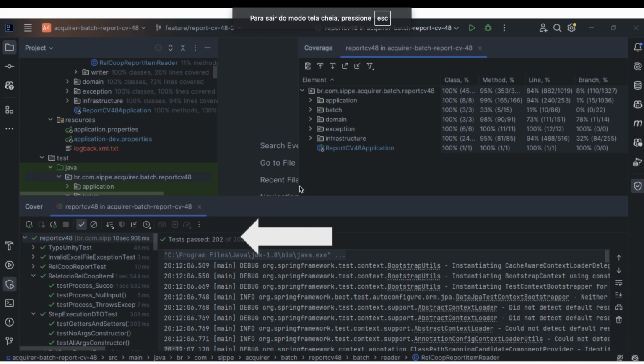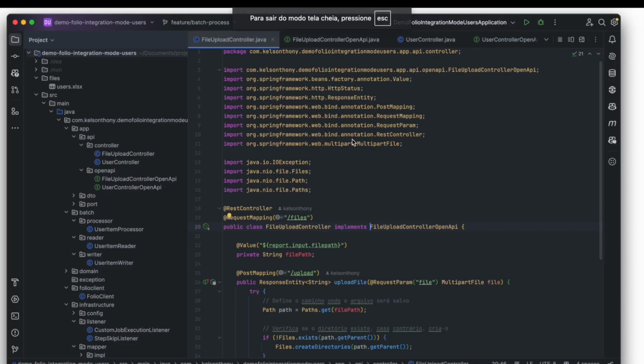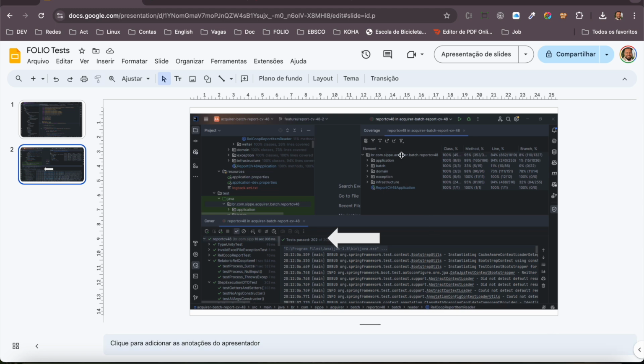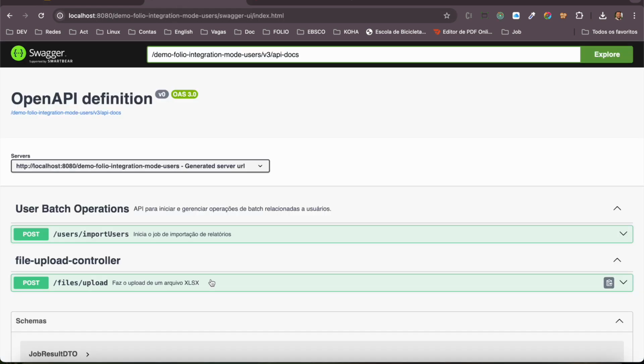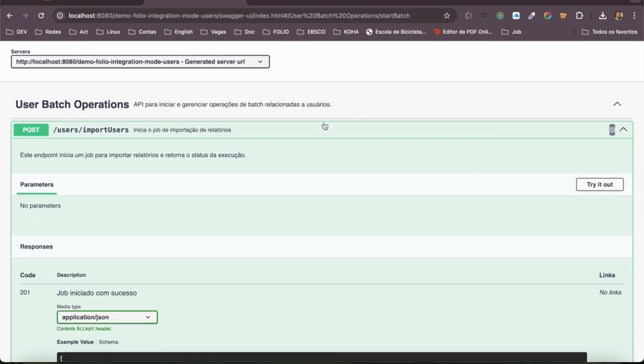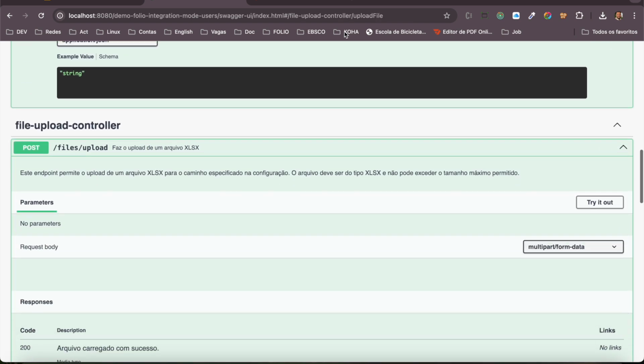The idea here is, first of all, showing the schema of the main project. Of course, everything is working with tests. Here we have the Swagger that has been pasted, and we have two different endpoints. This one is responsible for importing the users itself, and the second endpoint is responsible for the upload of the